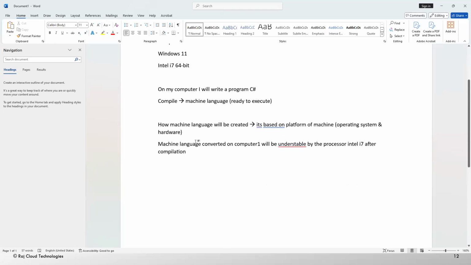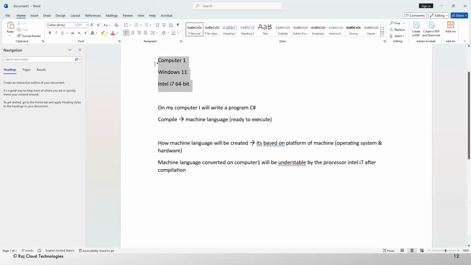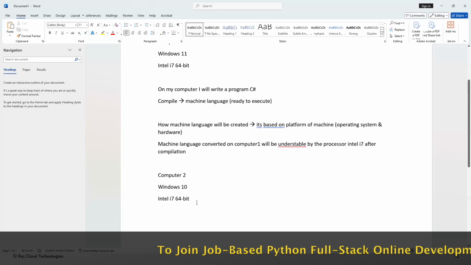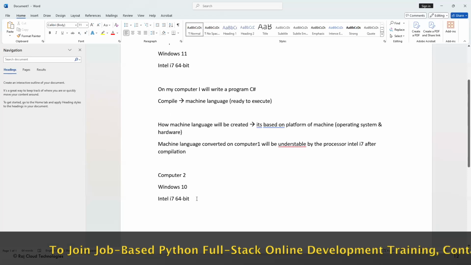So if I take this machine language and run it on computer 2, which has Windows 10,